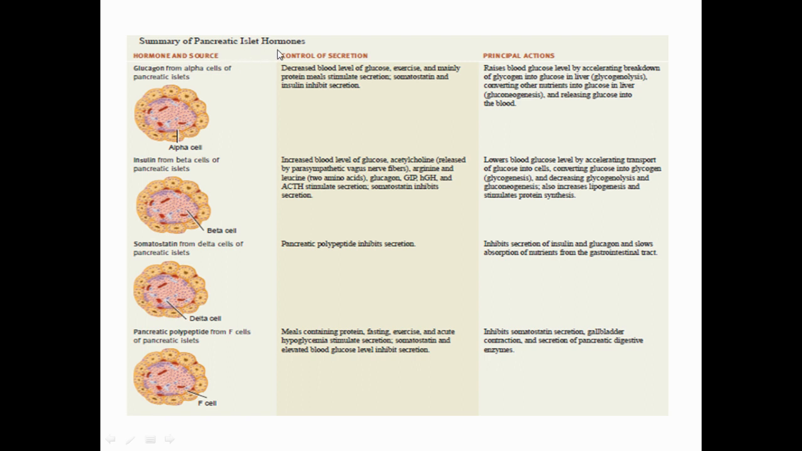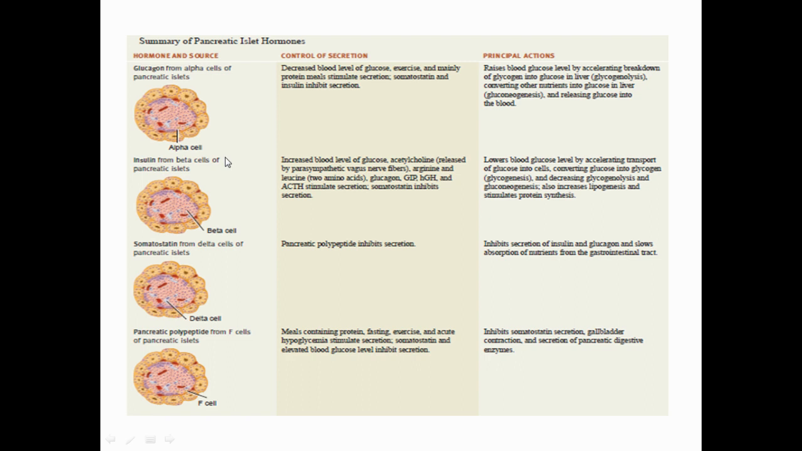So let us have a summary of the pancreatic islet hormones. Here you can see the alpha cells, beta cells, delta cells, and the F cells. What is the role of alpha cells? They secrete glucagon. What is the control of the secretion? Decreased blood level of glucose. The role is mainly to increase the blood glucose level. Whenever there is hypoglycemia, exercise and mainly protein meals stimulate the secretion of glucagon. Somatostatin and insulin have an antagonistic effect on the alpha cells. The action is that it raises the blood glucose level by increasing glycogenolysis and gluconeogenesis and releases the glucose